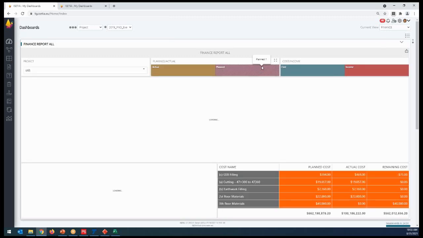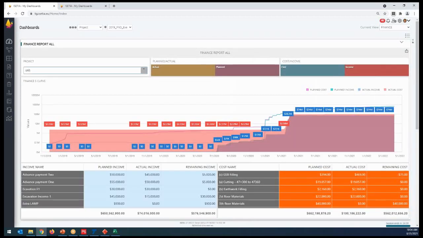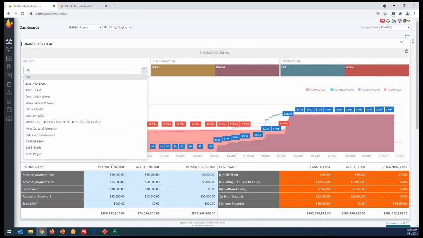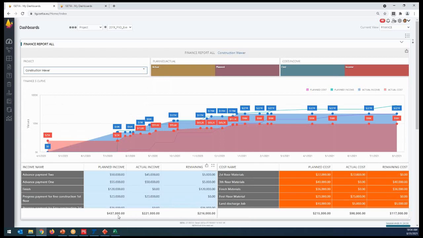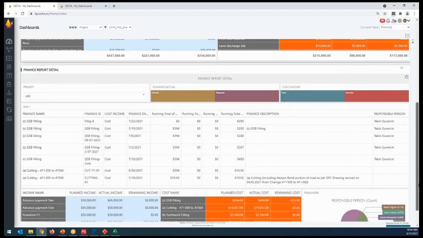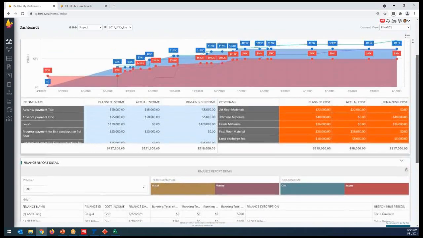By the way, ISETIA provides multiple project dashboards. So these are all the projects' financial information, but you can also select the possibilities of a specific project. I can have all my company portfolio here, but if I select that I want to see only the construction project, the system will provide the construction project cash flow: the planned income, planned actual income 221, and actual cost is 98. So you can get the full cash flow reports and financial reports for the planned weekly, monthly, the remaining contract items, who is using them, that kind of thing.